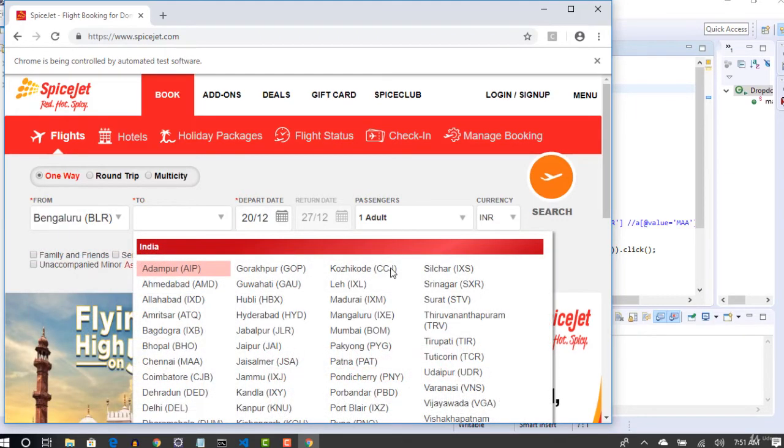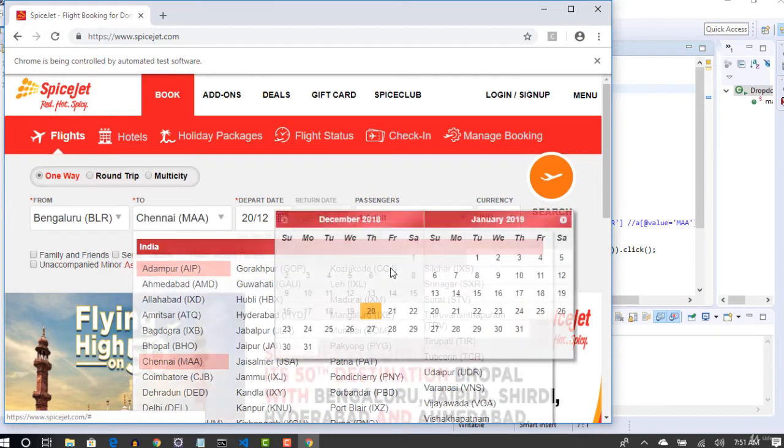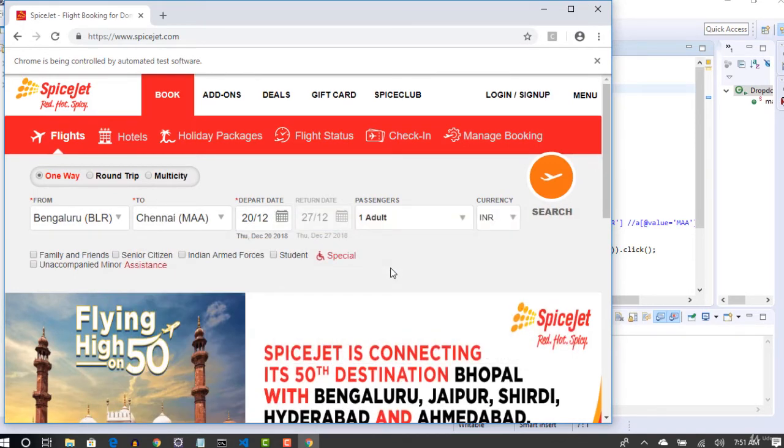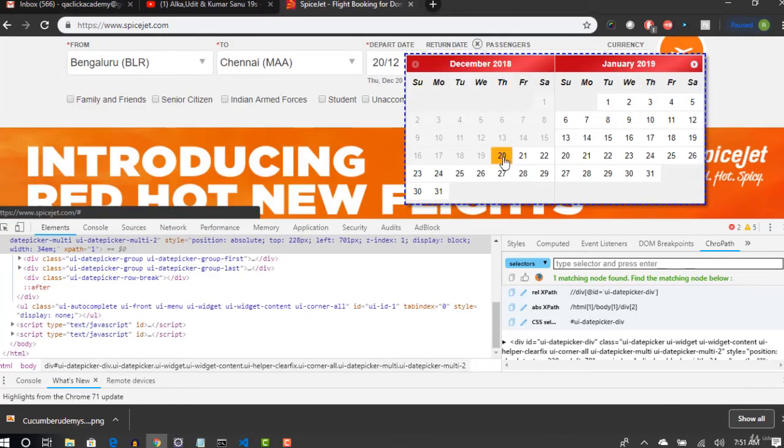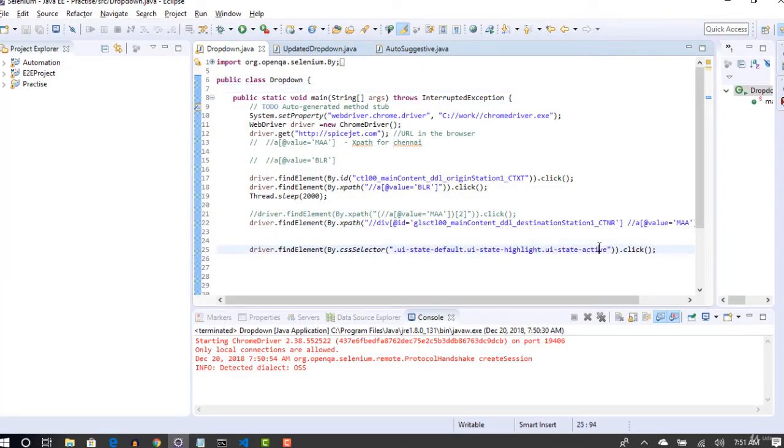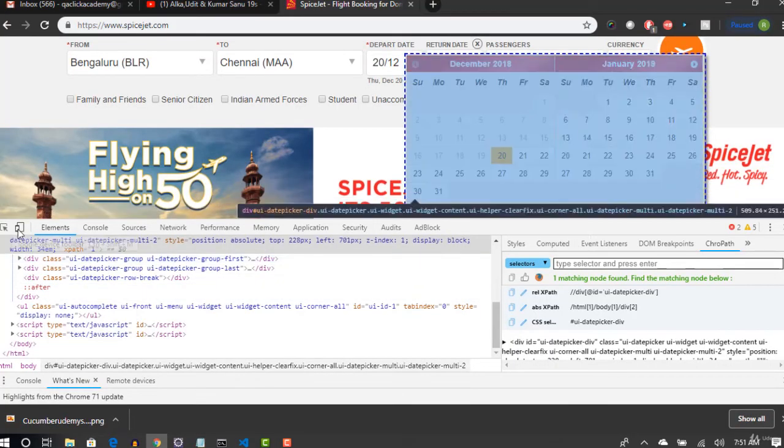So from Bengaluru to Chennai, and you see that December 20 got selected. I did not hard code any dates. I just gave the unique class name which can identify the current date. But when you want to select a future date, you will not get a unique class name. Okay, I am pretty sure, because how am I saying that this will be unique? Because by seeing all these dates, this is having something special, right, with a yellow background. So obviously developers have to put some special class like highlight active, which makes that unique. But after that all these are same.